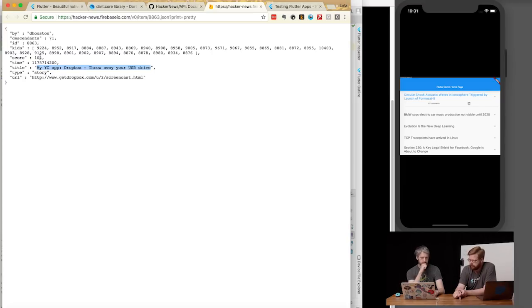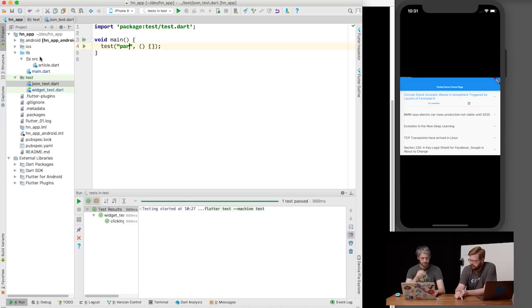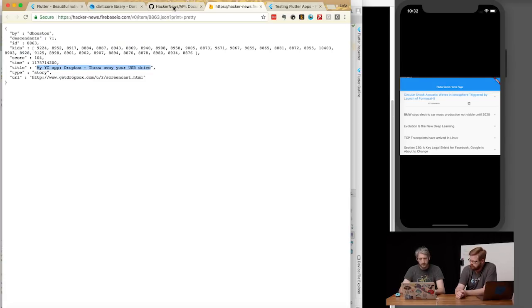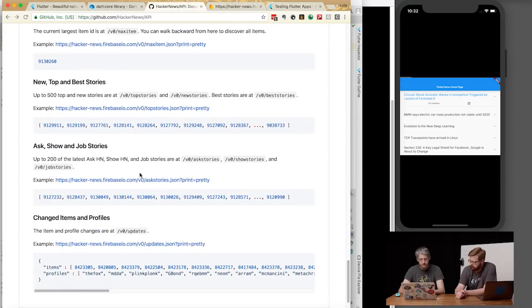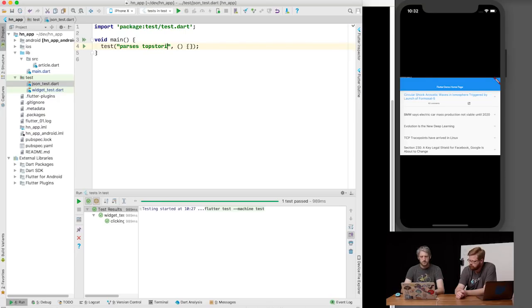So we'll need a function to take a string representation of a JSON list of ints. So it parses, how do they call it? They call this top stories? Yeah. Top stories JSON. So the testing framework just takes a bunch of tests, and then it has expects in it. So we want to have something like,